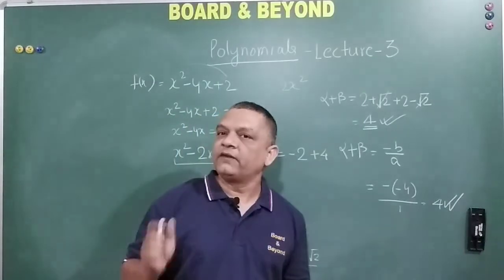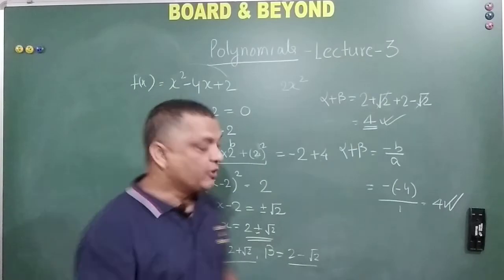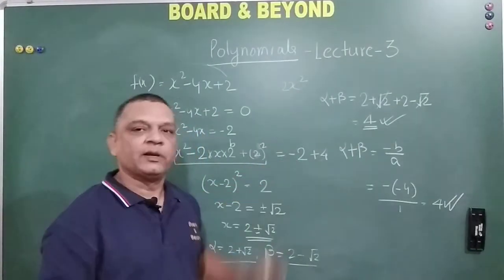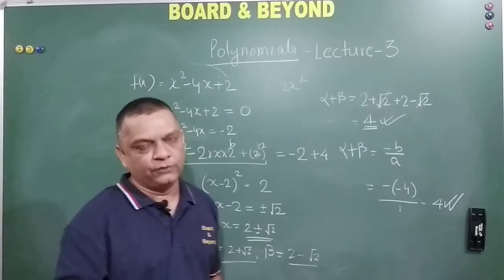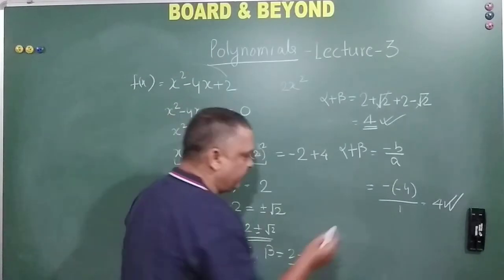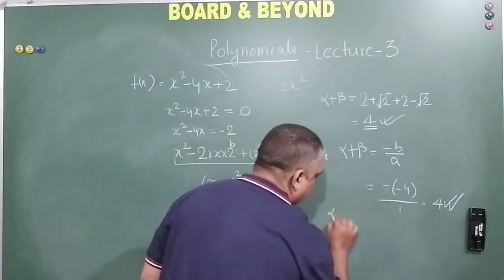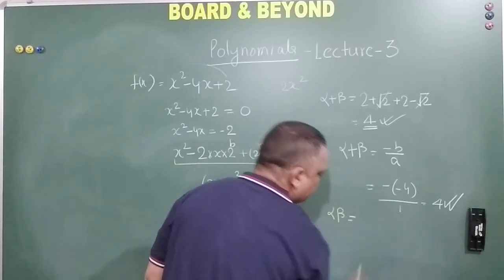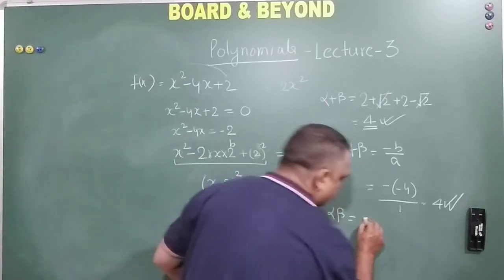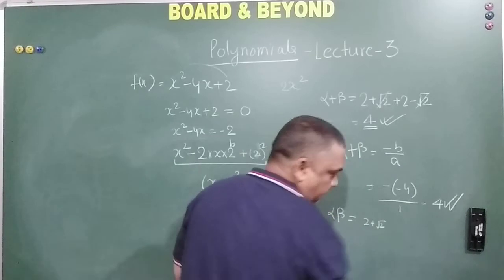Friends, sometimes I refer to it as quadratic polynomial and sometimes as quadratic equation, because the moment we equate the quadratic polynomial to a constant, it becomes a quadratic equation. So please don't get confused on that. Okay. So alpha plus beta has been dealt with. Now we need to deal with alpha into beta. Let me write, alpha into beta is the product of the roots. So this product is nothing but 2 plus root 2. Okay.